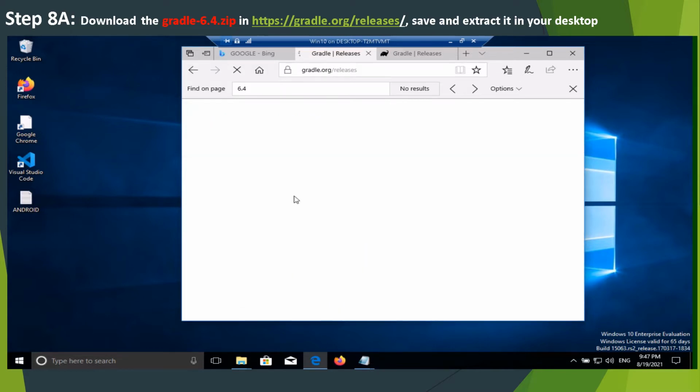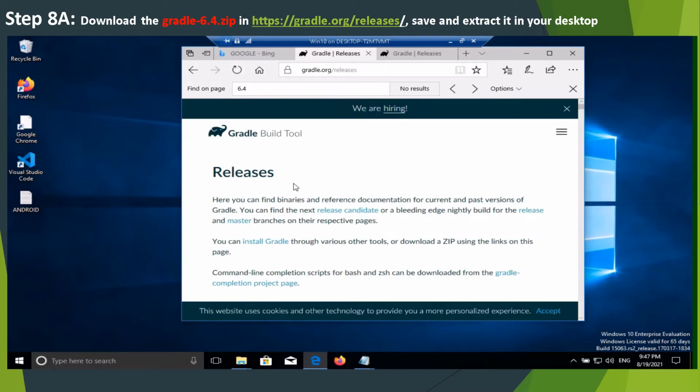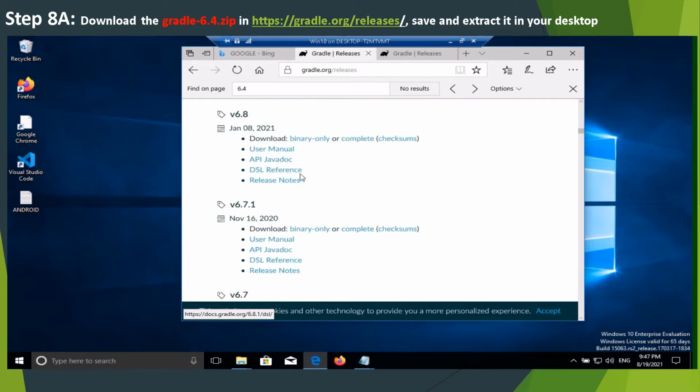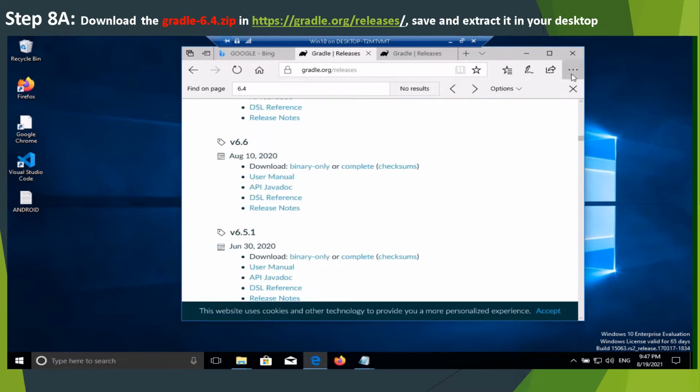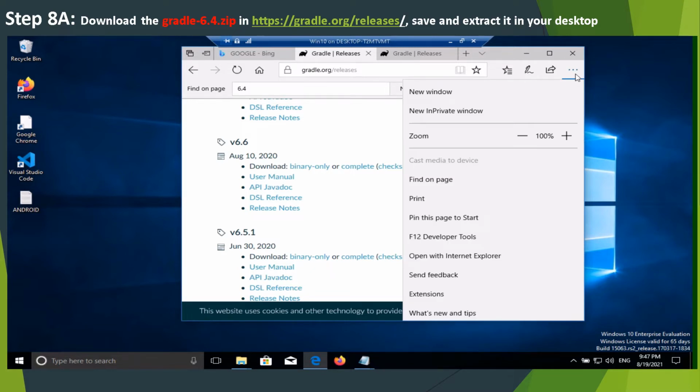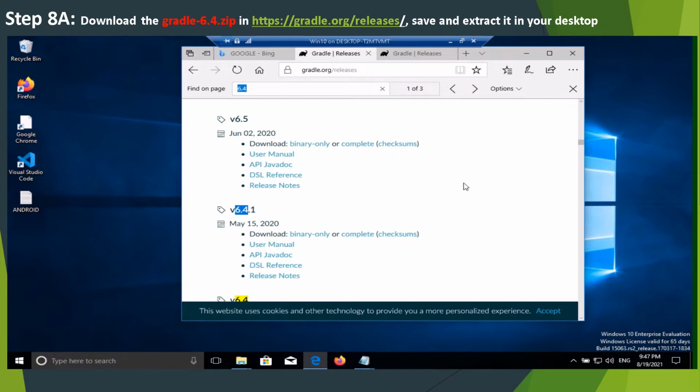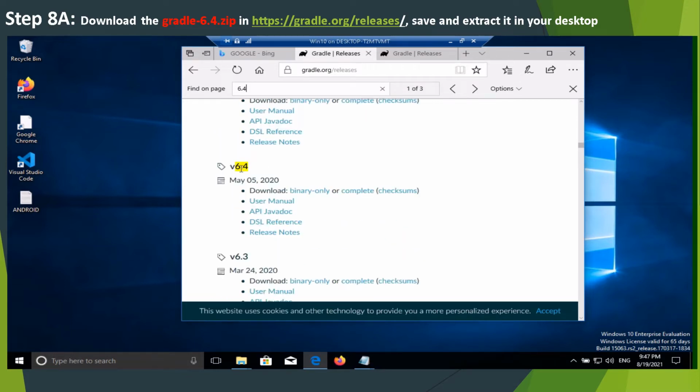Just click this one here, and then when you go to the website, you can see there are plenty of files, but all you have to do is to click in the search of your browser, find on page, depending on the browser you have, but this one is Microsoft Edge, so you try to find the equivalent and find this 6.4, okay, and then you can see it was already searched, but this one is 6.4.1. Try to search this one, 6.4, okay, and then click this complete,